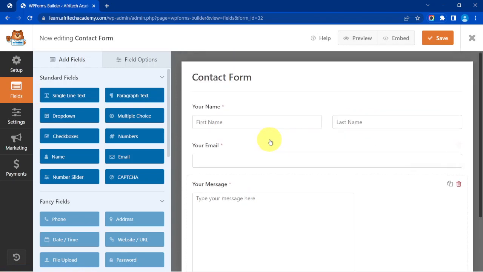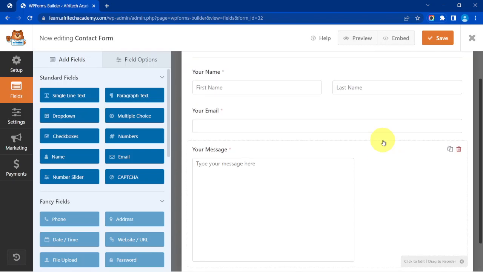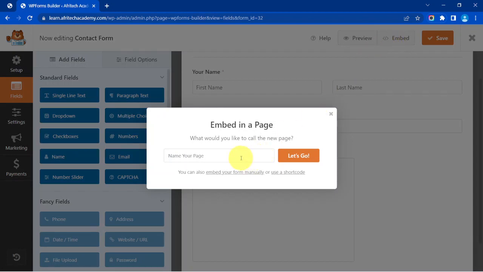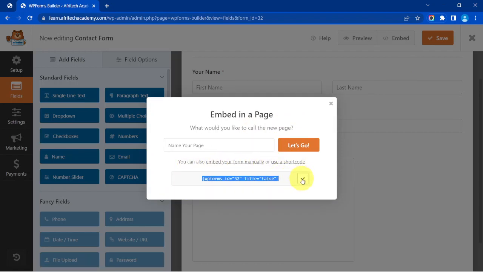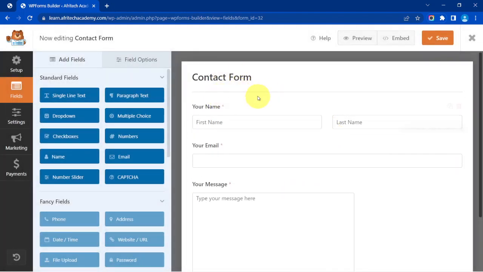If we go back here, here is our form. Just save it. Now, there are several ways that we can add it to a page. We can take the embed code. In this case, we have this code here. And then we get a code. In this case, we would use a shortcode and we copy it by clicking here. And it's copied. And we can go in and use a shortcode widget on any page building plugin or software